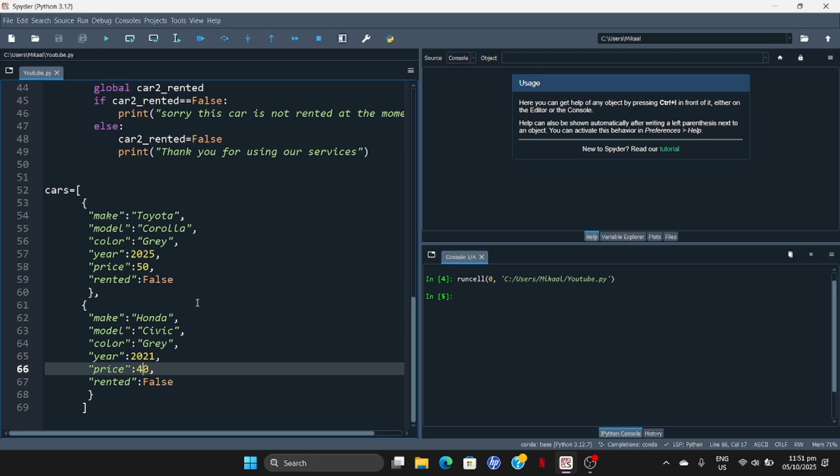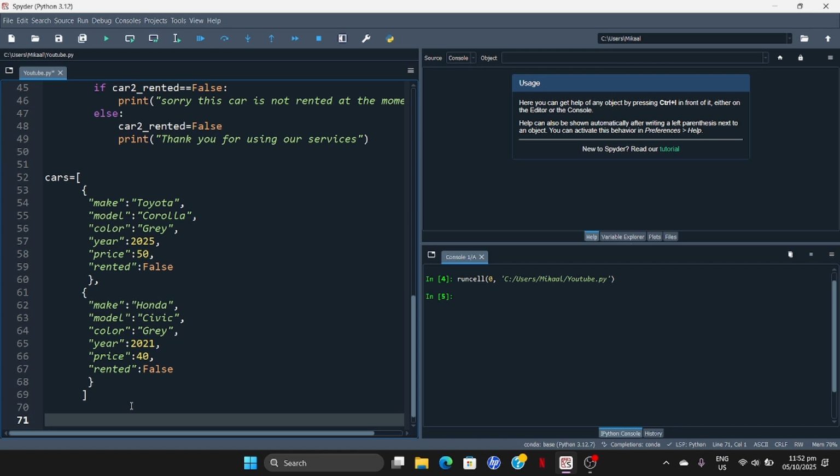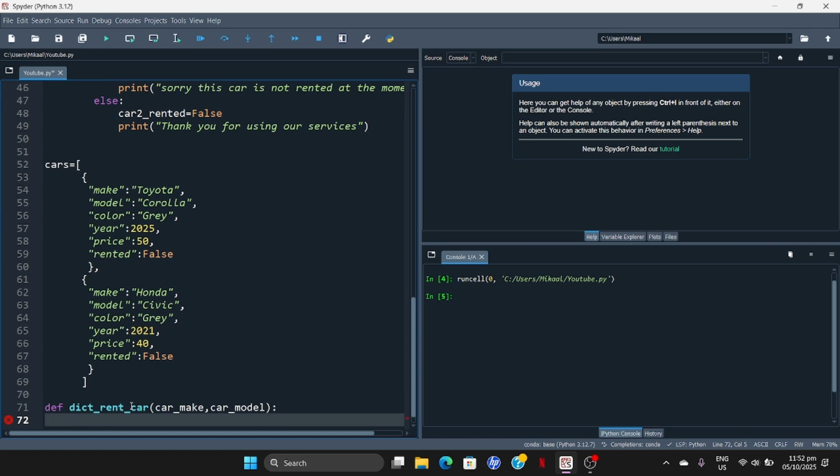So in this scenario we will have a simpler logic. Let me write a function def dict rent car. Here we just take the car make and car model,